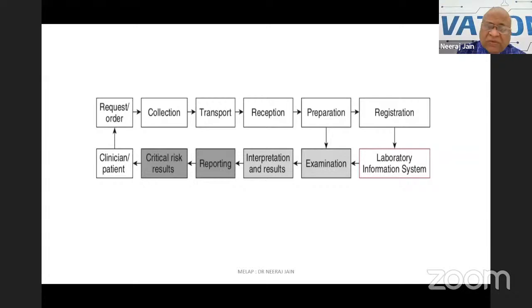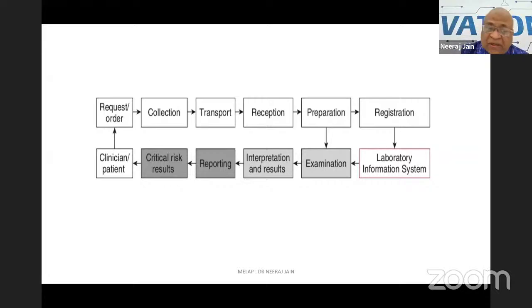Before that, they are registering in the laboratory information system. They are performing tests, results are interpreted and reported. If there are any critical results which require immediate therapeutic intervention,